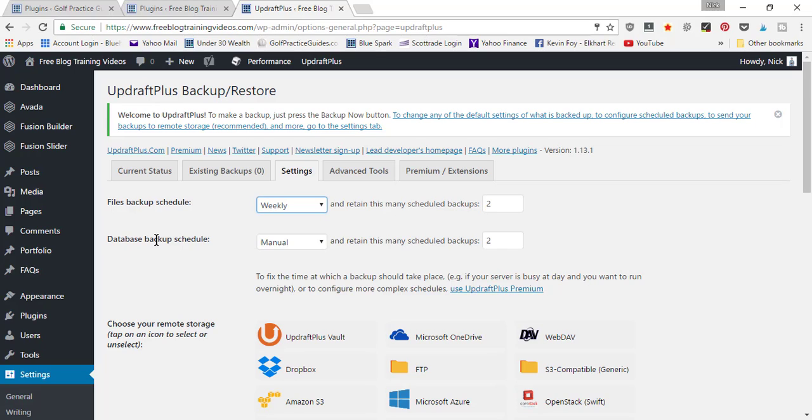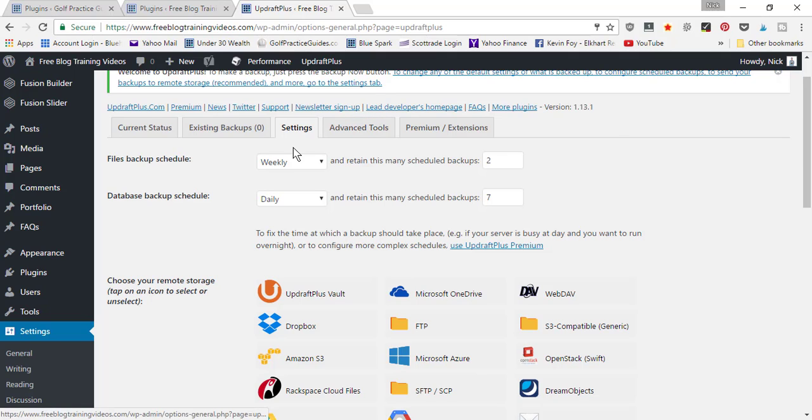And then your database backup, which includes your blog posts, we would recommend doing this daily, so that every day as you're adding new content to your website, it's getting backed up. And typically I would recommend keeping 7 backups so you can back up the last week. So each day it's going to back up the past week's worth of databases, so that in the case that you have to restore any settings, you've got multiple copies to restore. So once you've set those to weekly, daily, 2, and 7,